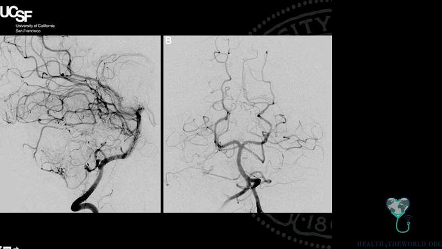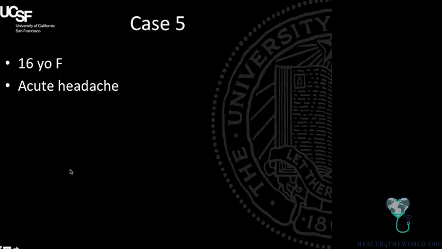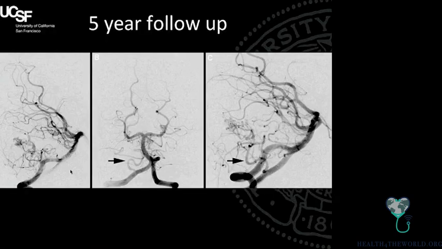This is a surgical case, and this is after the fact. The important thing to note was this patient is only 16 years old. At 5-year follow-up, we did another angiogram, and lo and behold, there's recurrence of the AVM. This is a practice that we've had for a long time, and there's lots of literature to support this. For patients who are less than 18, certainly less than 10, and particularly in the setting of a rupture, it's very important to do a follow-up angiogram in a delayed fashion. Typically, we do it at 5 years because we do see a higher rate of recurrence. We're comfortable that when we take it out,